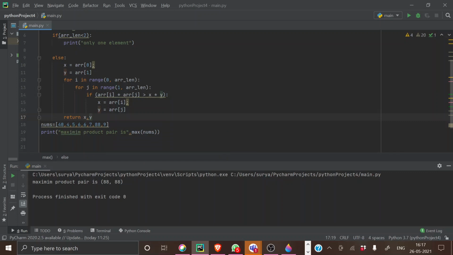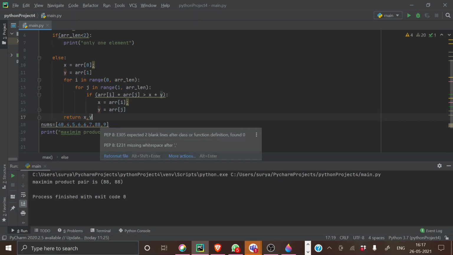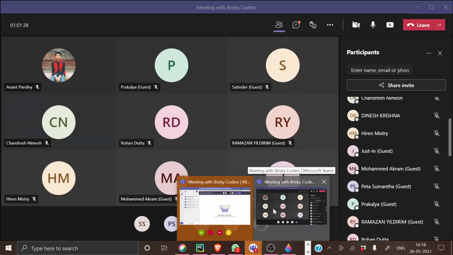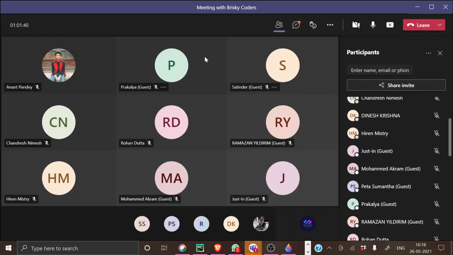If you take this problem, if you subtract 40 from 88, you'll be getting 48, right? That is the highest difference in this particular problem. So I want that highest value to be your answer. Just try to do it in 10 minutes, or if anyone does it in the lecture, that'll be good. You just have to follow whatever I said for now.